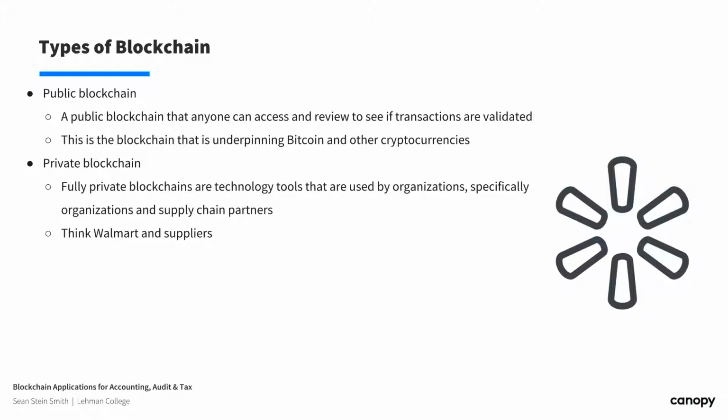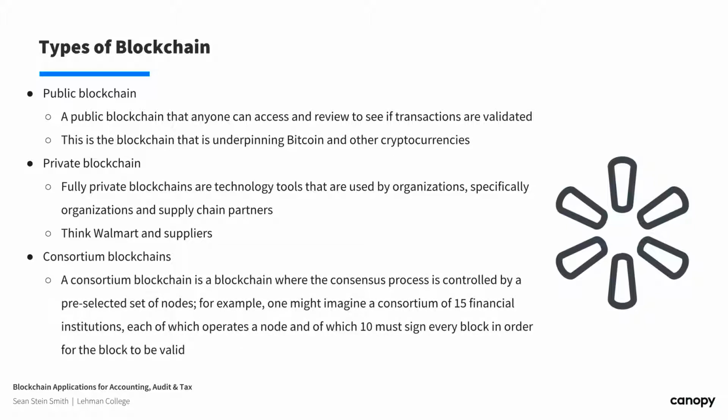And then third, and lastly right here, it's almost like a hybrid, right? And in here, this consortium model of blockchain, it can be a public permissioned blockchain, it can be a consortium blockchain, or it can be called a federated blockchain. I mean, all three words are used almost interchangeably, and while they are not specifically the exact same thing,